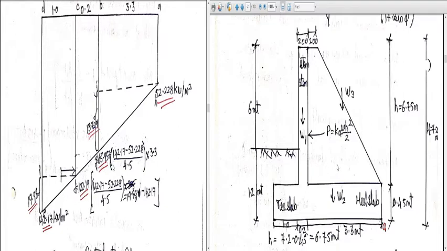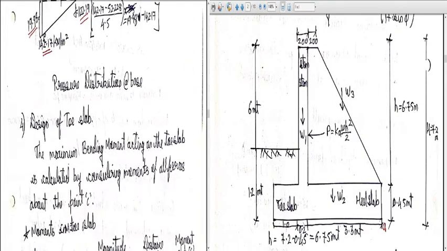Initially we already designed the toe slab, so by interpolating we will work out these values and convert this into a geometry. For example, here I have converted this into a rectangle, this has a triangle, this has a rectangle, this has a triangle, this also has a rectangle and a triangle portion here. So we did the design of the toe slab. You can see initially we decided the dimension 1 meter by 0.45 meter. So we will design the toe slab.